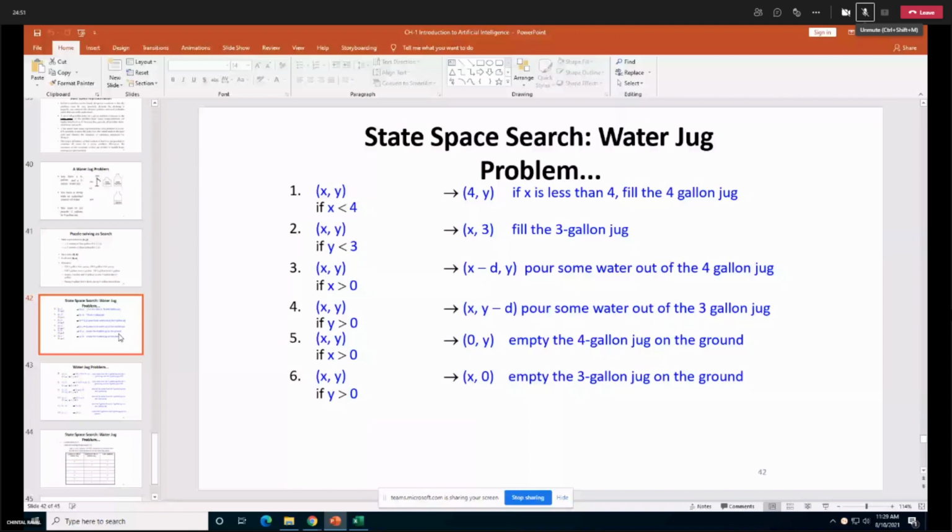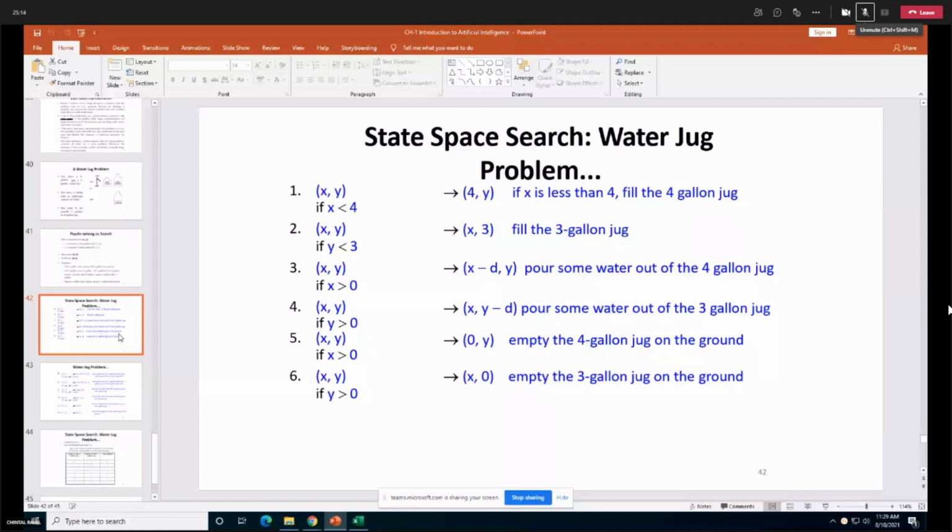So decision making is very crucial over here. There are 12 rules for this particular water jug problem, and these rules come in pairs. I will explain each and every rule. See the first rule for X and Y. Now keep in mind X is for the 4-gallon jug and Y for the 3-gallon jug.